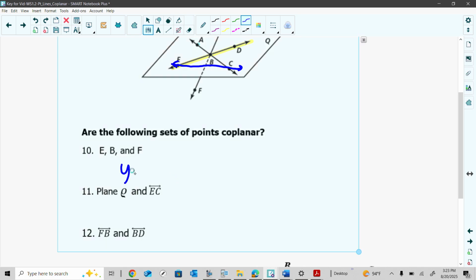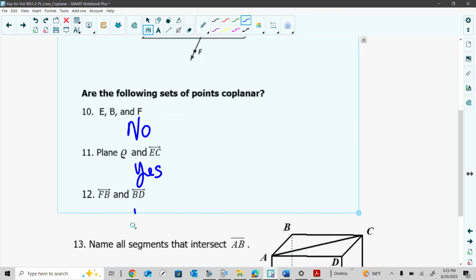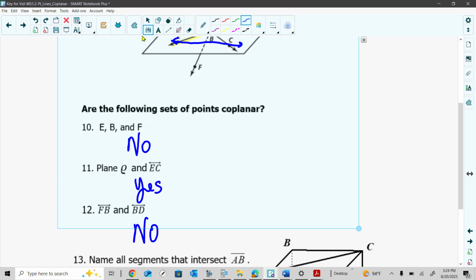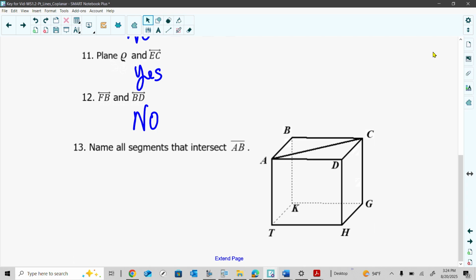This is yes. I'm sorry. This was no, but this is yes. And then the last one, we're looking at line FB and line BD. Well, F is not in the plane, so this is no. Sorry about this little thing over here. There it goes. All right, so instead of naming all segments intersecting AB, we're just gonna name